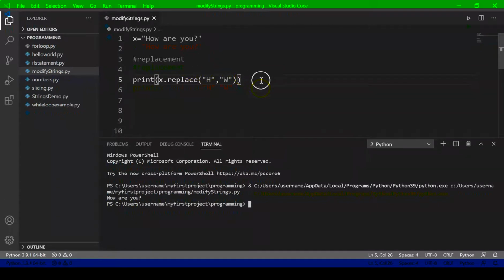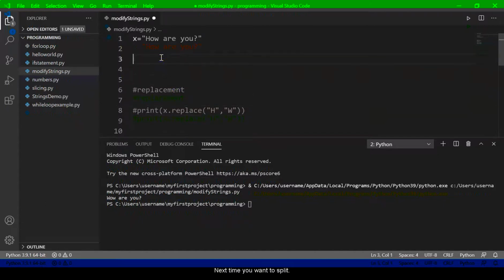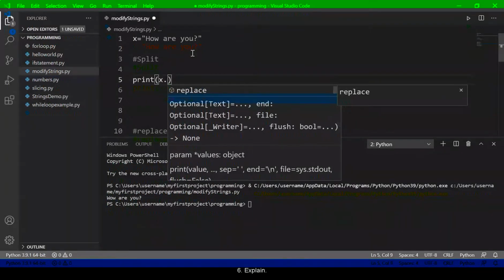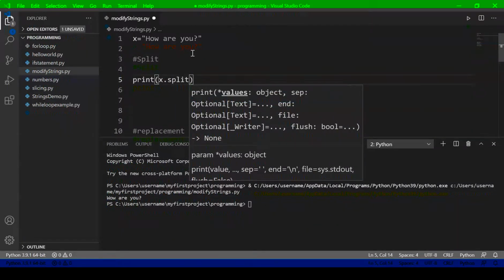All right, now there's another scenario. Let's say you want to split these substrings. So how are you, you want to extract these words from a given string, correct? For that we can use a split function. Python also provides a split function. So what we can do, print x dot split.